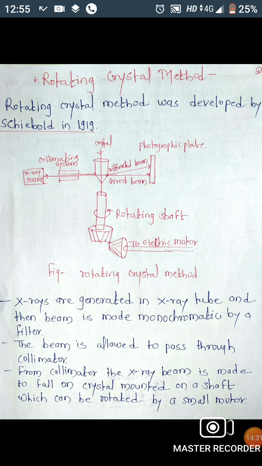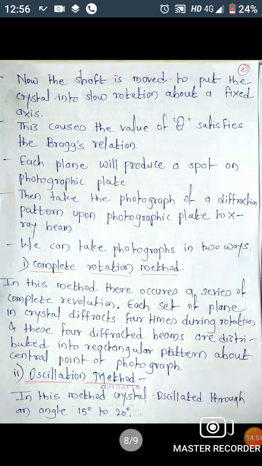These X-rays are generated in an X-ray tube, and then the beam is made monochromatic by a filter. Then this beam is allowed to pass through the collimator. From this collimator, the X-ray beam is made to fall on the crystal mounted on a shaft which can be rotated by a small rotation. Then this shaft is moved to put the crystal into slow rotation about a fixed axis, and this causes the